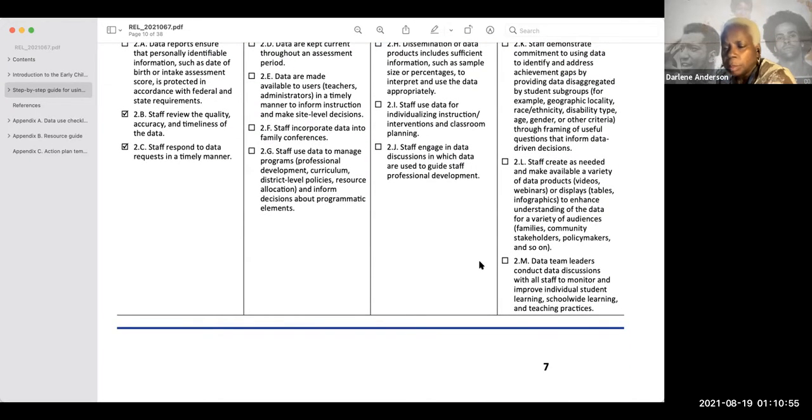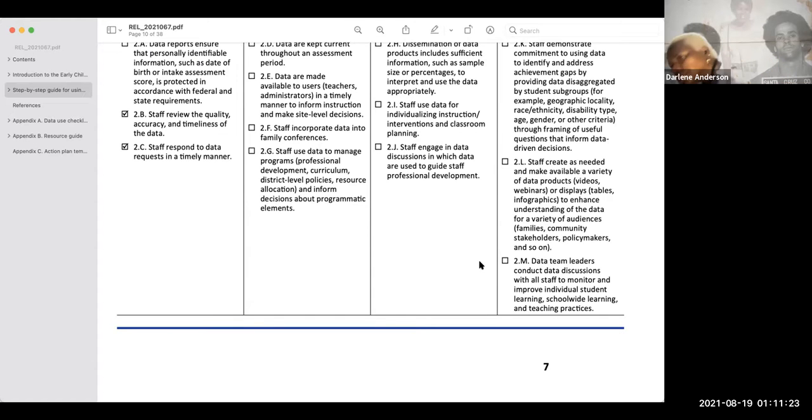Staff create as needed and make available a variety of data products, videos, webinars, or displays, tables, infographics to enhance understanding of the data for a variety of audiences, families, community stakeholders, policymakers, and so on. 2.m. Data team leaders conduct data discussions with all staff to monitor and improve individual student learning, school-wide learning, and